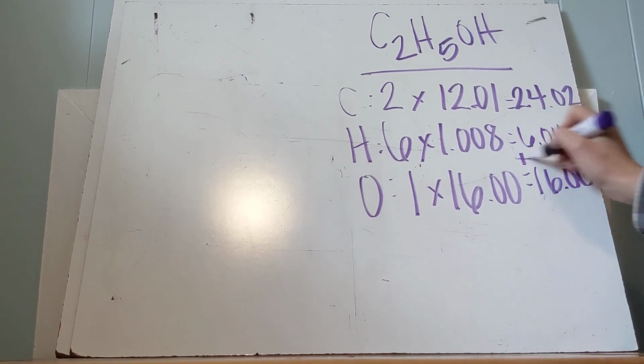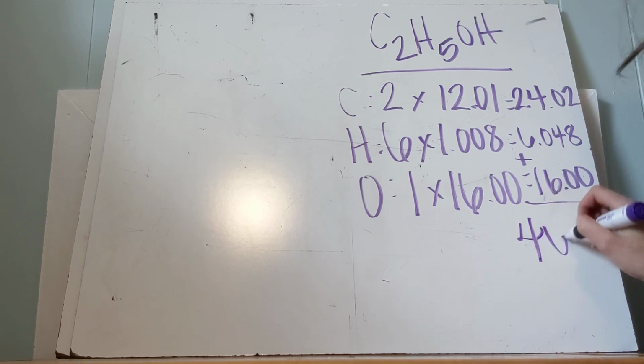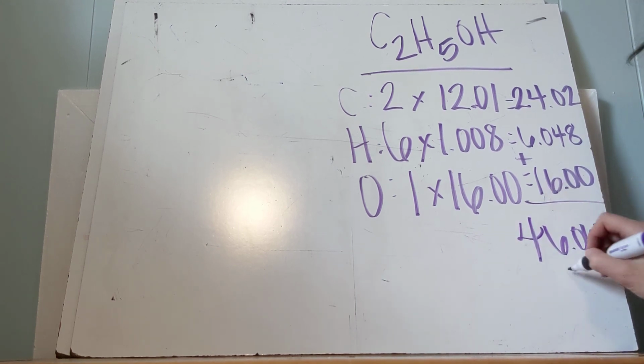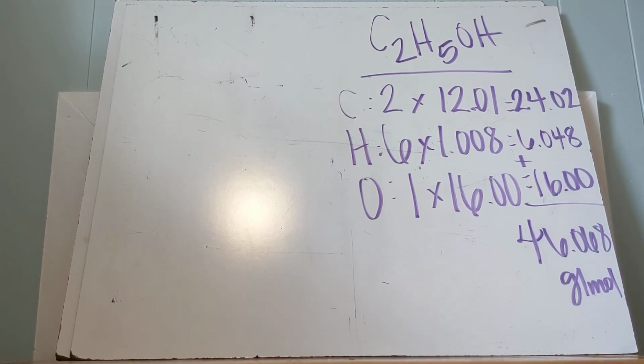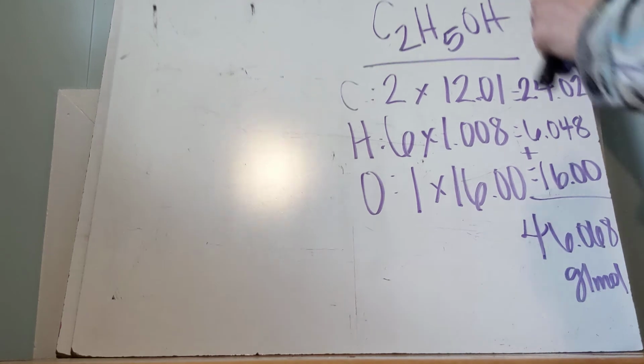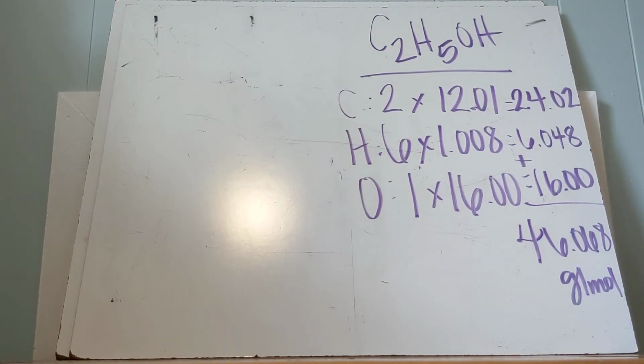And then add them up. Now remember, we needed to convert, I believe it was 7.6, yes, 7.6 grams of ethanol to moles of ethanol, so that we can plug that into our formula. All right, so